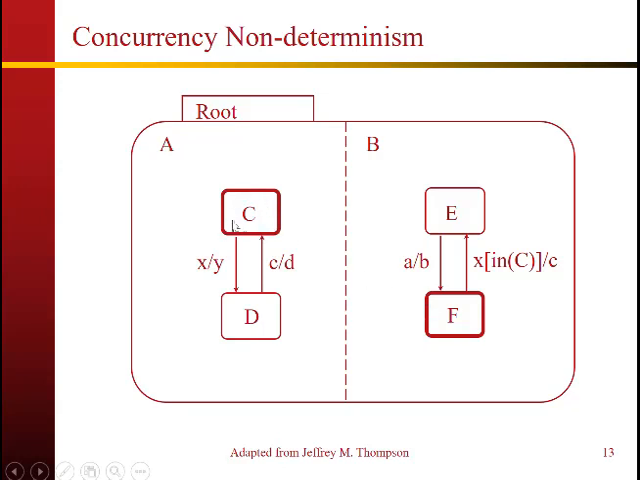Let's assume you're in state C and state F, and event X comes in. Well, depending on if you evaluate B first or A first, you can get different behavior. So if we evaluate A first, then C is going to take X, it's going to transition to D, causing a Y,